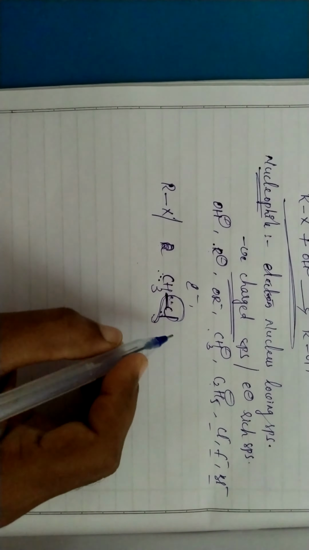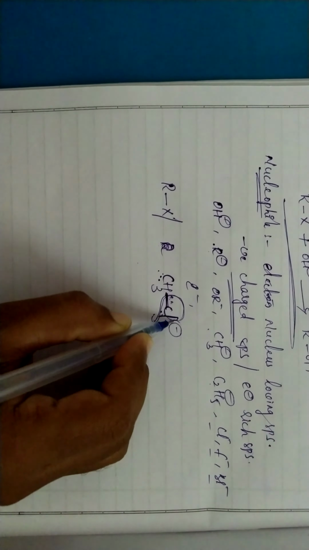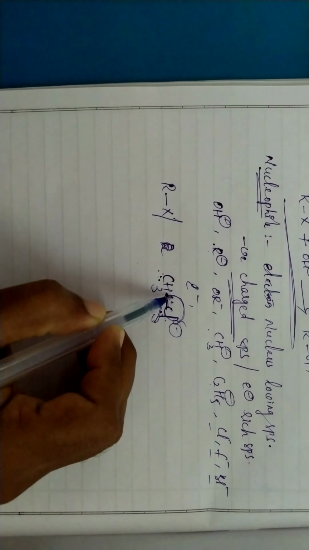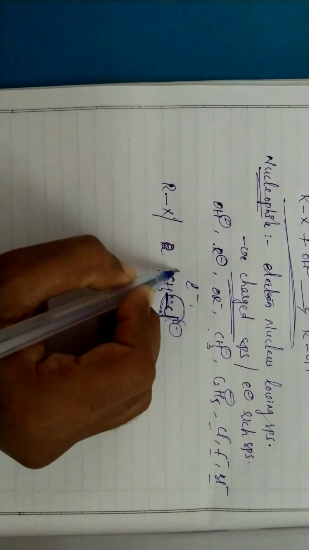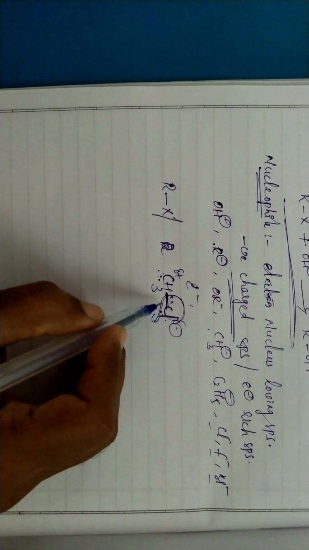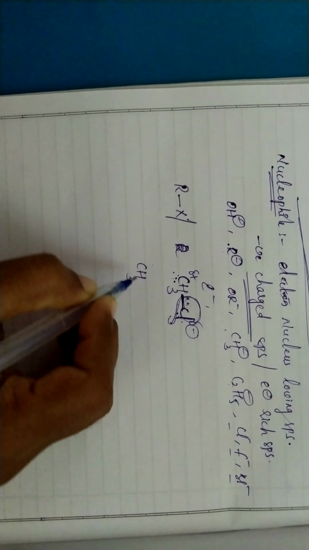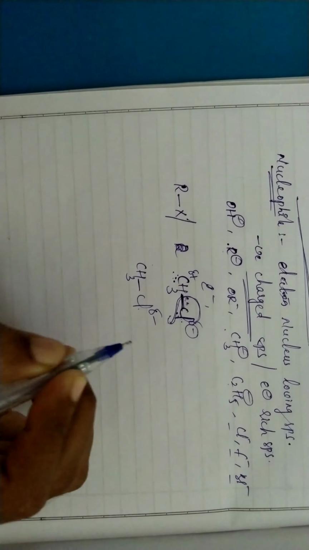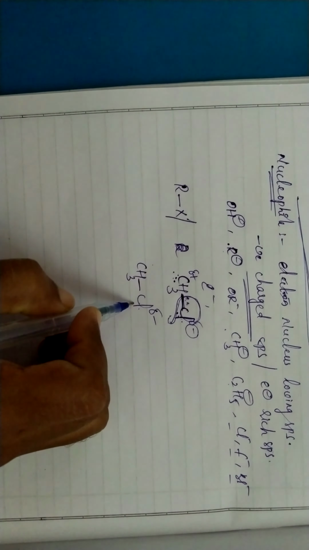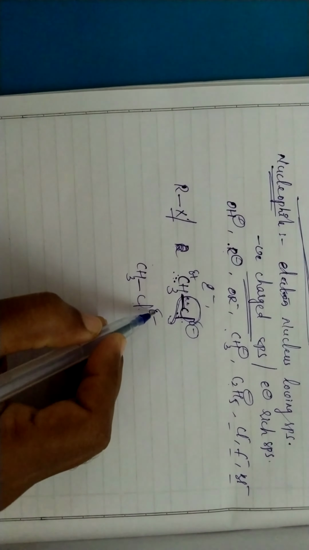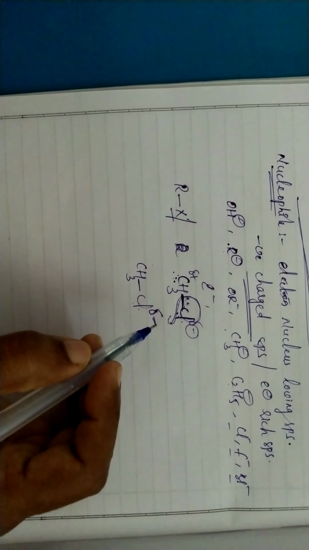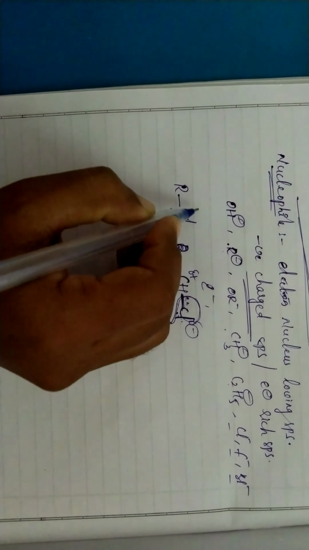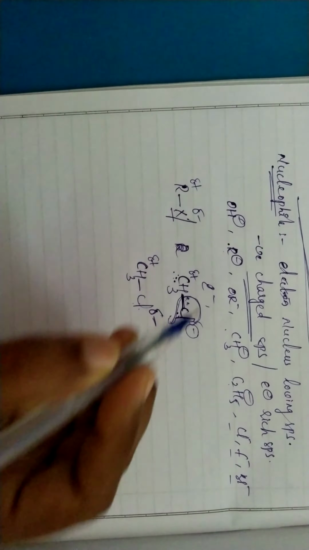So chlorine gets a partial negative charge. Carbon is losing its electron to chlorine, so carbon gets a partial positive charge. That means in methyl chloride or any halogen compound, the halide has a partial negative charge. Not only chlorine, it may be fluorine, bromine, or any X. So the halide has a partial negative charge, and the carbon, R, has a partial positive charge.